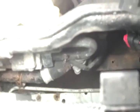So up here, to get more room in here, I pulled out that cooling fan, which this little plastic wire loom holder, there's one screw, 7 millimeter, and there's one screw that holds the fan assembly in. That was like an 8 millimeter. And then you got the electrical plug, which you just push on the tab in the hole and kind of pull it, and then they got the loom pushed into there. You pull that out, and then it's all accessible,